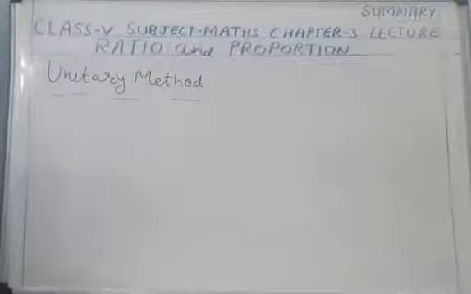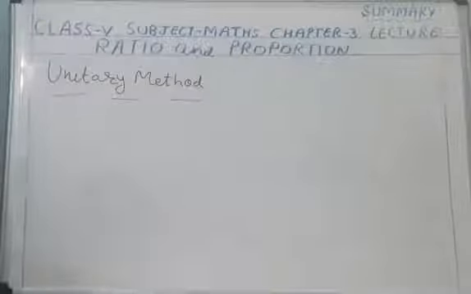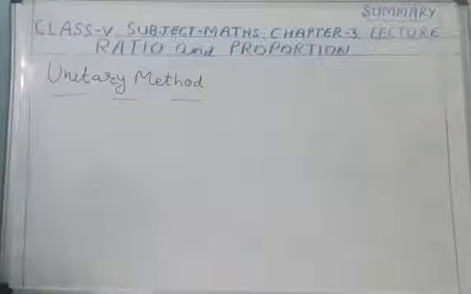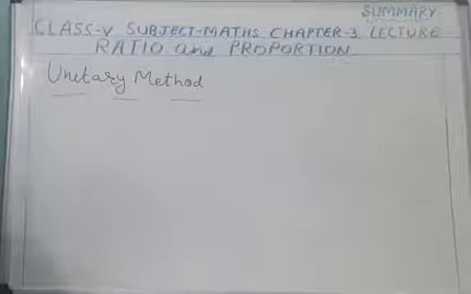Unitary method is a method for solving a problem by first finding the value of a single unit and then finding the necessary values by multiplying the single unit value. As we have done previously also, if cost of 1 pencil is given, we can find out the cost of 3 pencils. But if it is given to us cost of 5 pencils and we have to find out the cost of 10 pencils, then from cost of 5 pencils, first of all we will find out the value of a single unit. 1 pencil की cost निकालेंगे और फिर हम नेक्स्ट जो नंबर पूछा जाएगा, चाहे 5 पेंसिल्स पूछेंगे, 10, 9, 11, उसे निकालेंगे मल्टीप्लाई करके.